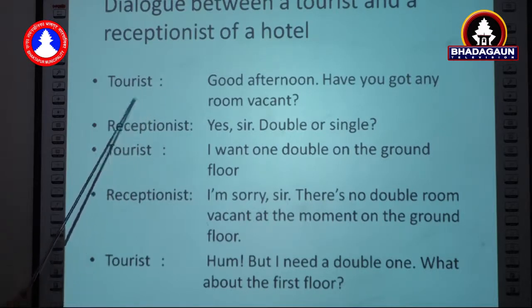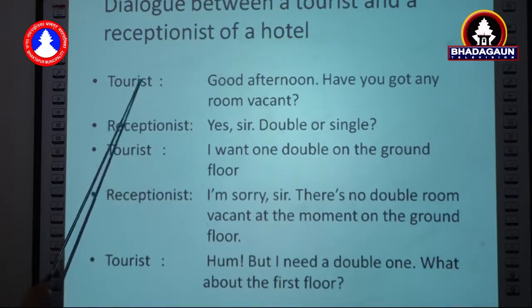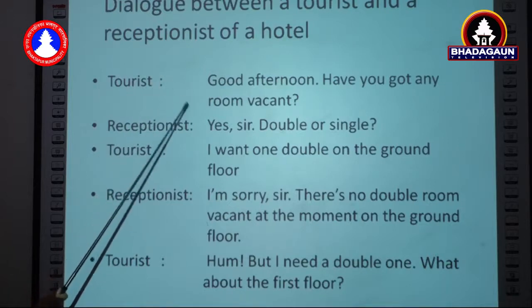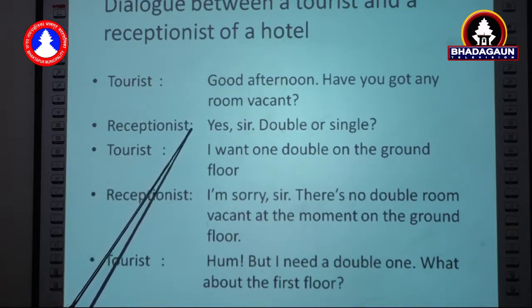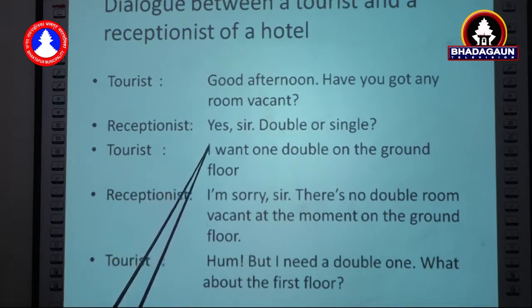You have to make a semicolon. Likewise, after the receptionist there is also a semicolon. So there must be a semicolon. It's different: the semicolon is here and the next semicolon is here. But the very important thing is that there must be alignment of the